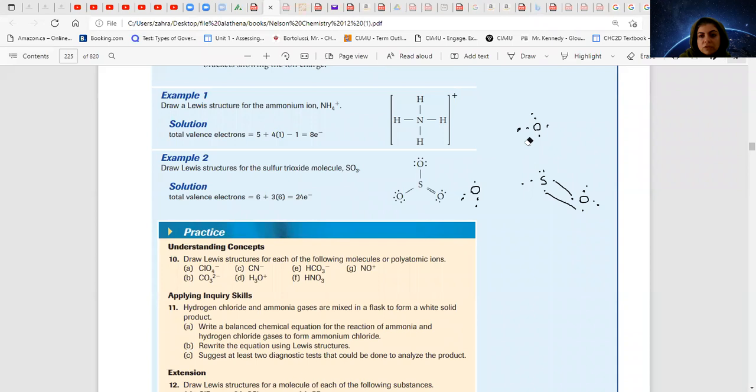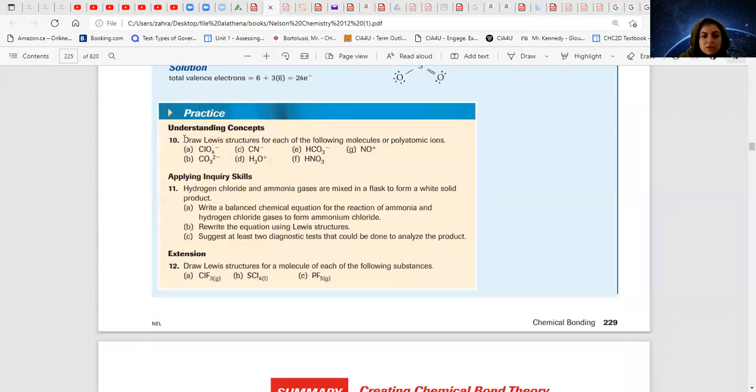This electron and this electron need to be moved here, and that one moves here. Now this is an empty space, so I can share that with this empty space. This is a single bond, and I share this one with this empty space here. Now we have 2 single bonds and 1 double bond with oxygen, as you see here. Now here, number 10, you can do